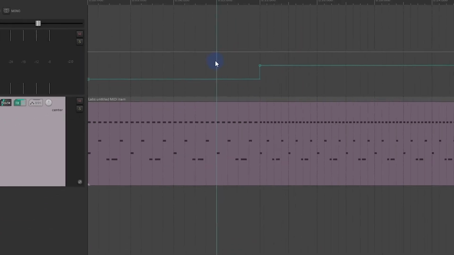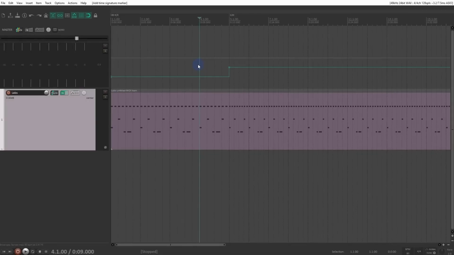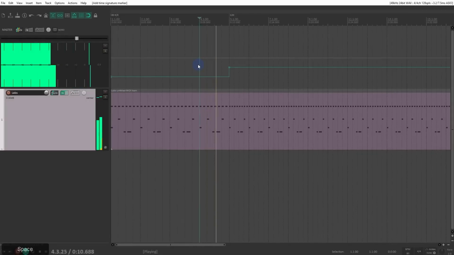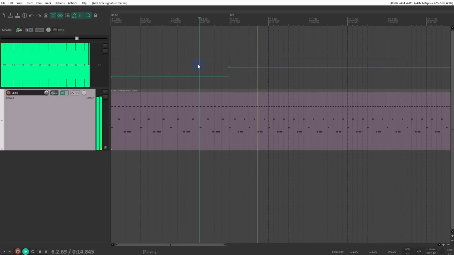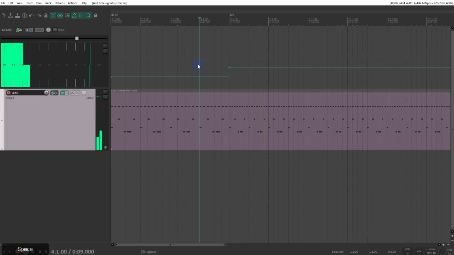Let's check out what this sounds like if I play it back from measure 4. So you can see right at measure 5, we have that increase, and it jumps immediately to 120 beats per